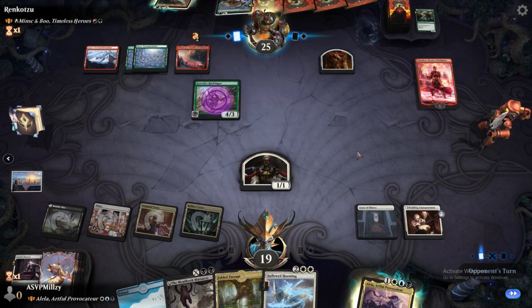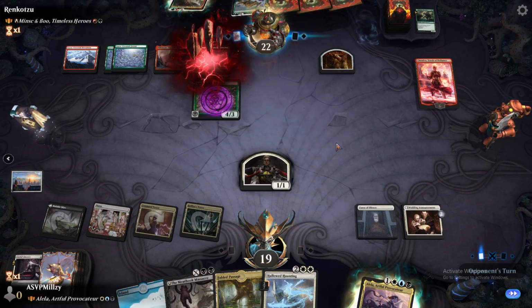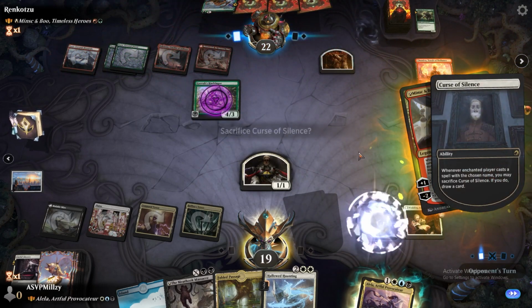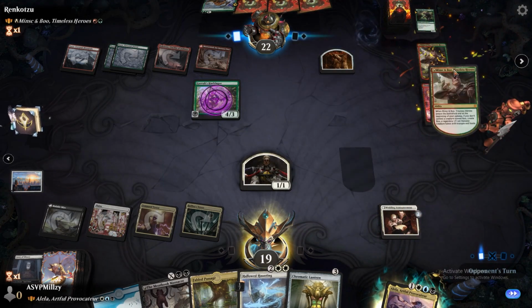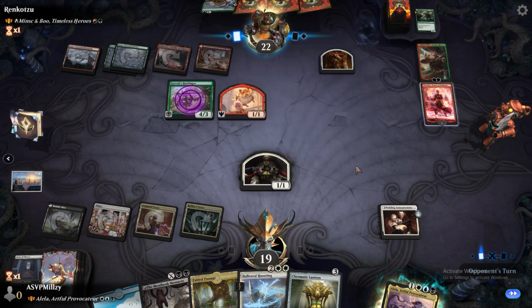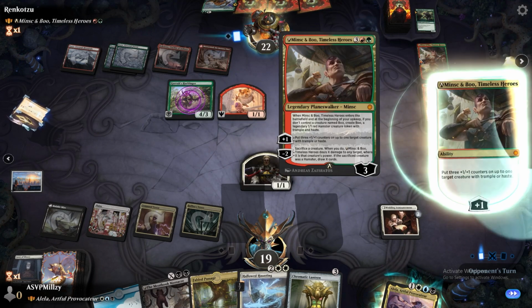They are 1 mana off Minsk, so I'm going to assume they have a land. Yep, there's the land. So they're willing to pay the 3 life for it, which is interesting, and we'll definitely draw the card. We see Chromatic Lantern, okay. So if they put the counters on it...